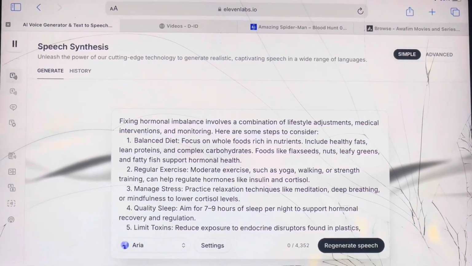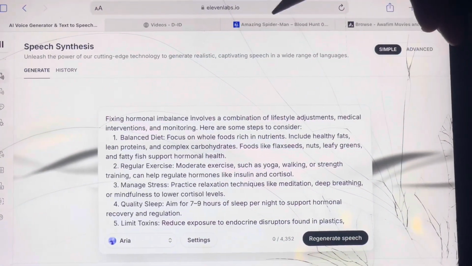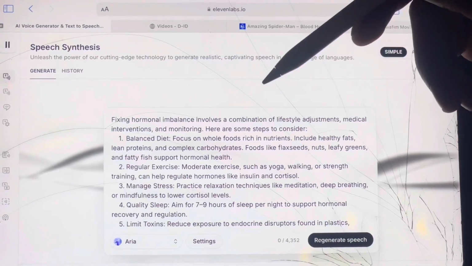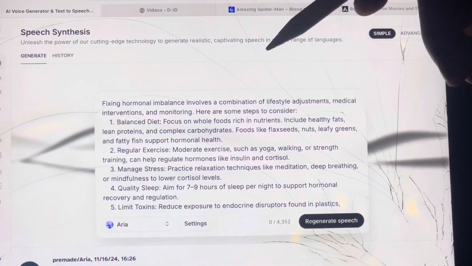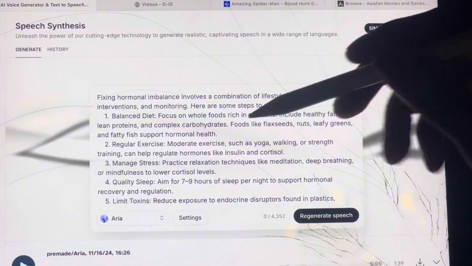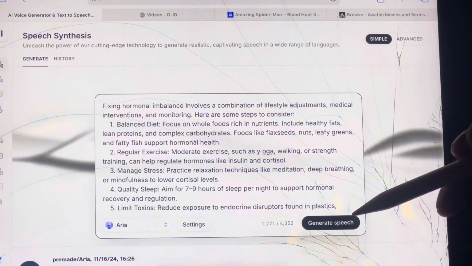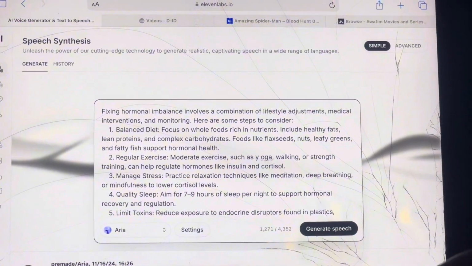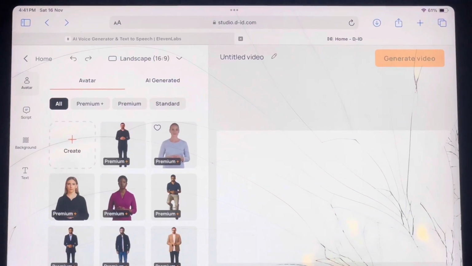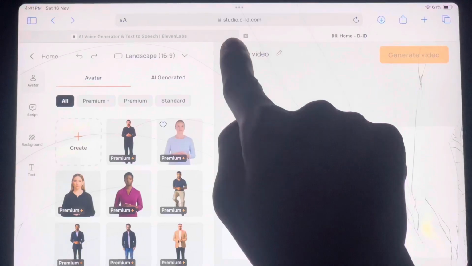After copying the write-up we generated earlier on ChatGPT, head to this website, 11labs.io. This website allows you to convert any write-up into speech. Now, paste in the write-up we copied earlier from ChatGPT, generate speech, and once your speech is generated, you can have it downloaded. And finally, for the last AI tool, head to this website,